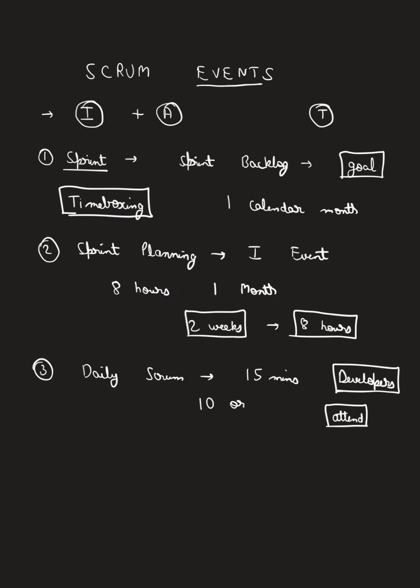Okay. So this is daily scrum, 15 minutes, and ideally it should happen at the same place to reduce complexity. See, if you are changing the location daily, let's say you are taking room number one someday, room number two another day, then there will be some confusion. It will lead to wastage of time. And you remember that Scrum focuses upon lean thinking, and lean thinking reduces waste. So daily scrum should happen at the same place.